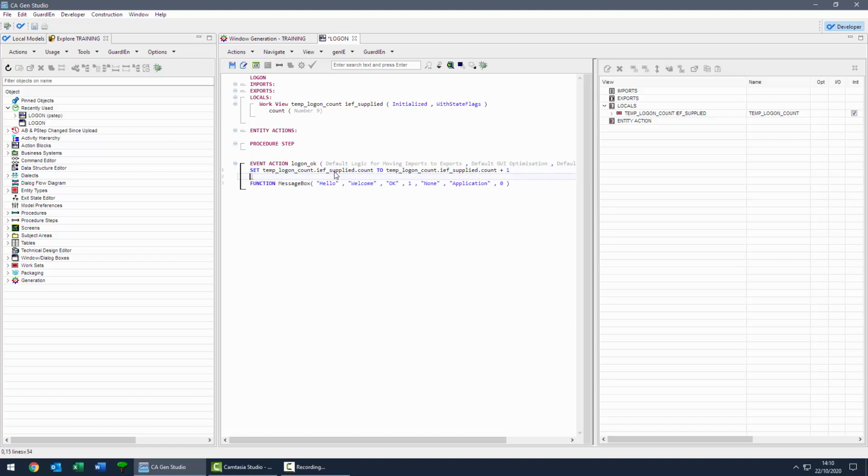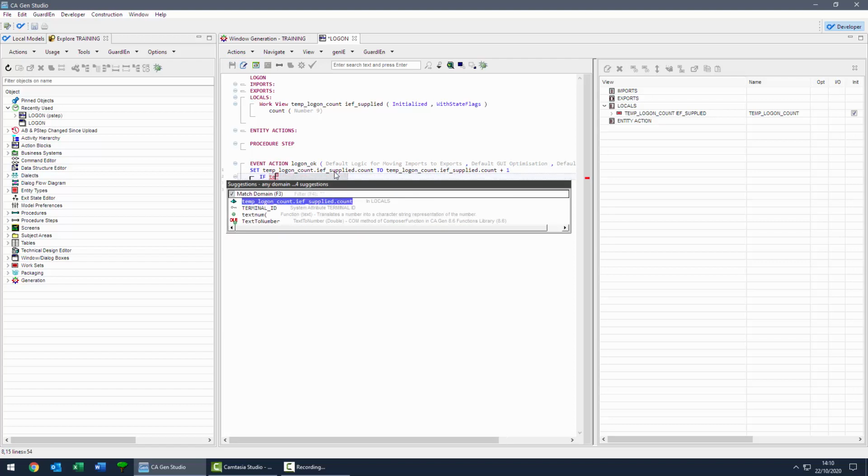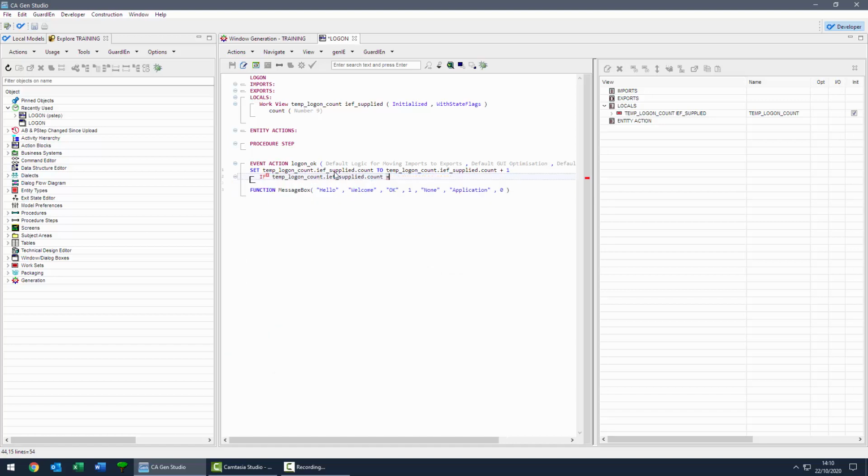So there's my logon count incremented, and then maybe I want to tell the user how many times they've pressed the button. So I might want to have a different message for the first time. So if the temp logon count is equal to 1, and then I'll put in an else, and then I'll move. So with that I use F7 or cut and paste and move that function message box there. And then the second time I want to output a different message. So I'm going to copy that one,